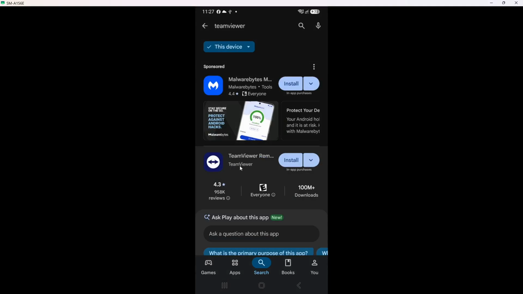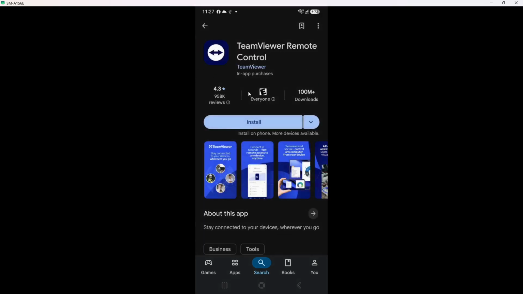From there, select TeamViewer Host by TeamViewer. You will recognize it by its distinct logo. Tapping on it will take you to the app's page, where you can see more details about the app. Here you will find information such as user ratings, reviews, and screenshots of the app in action. This is important because it helps you understand what the app offers before you download it. You want to ensure that you are getting a reliable application that meets your needs.